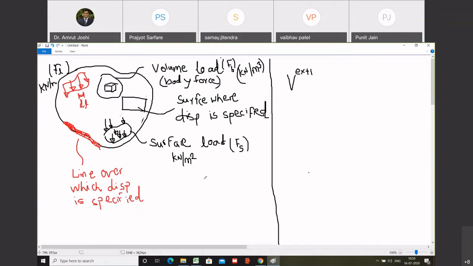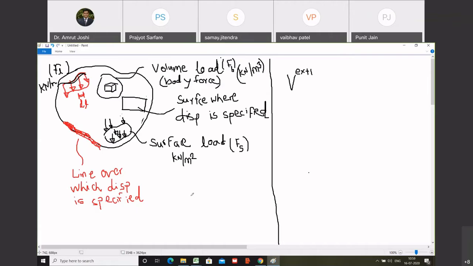Now quickly, if I want to convert these loads into forces, what should I do? If I want to convert the line load into force, what do we have to do? We have to multiply that Fl by the total length. Then that will be the force. Do you agree with me? Yes, sir. But tell me one thing: is it mandatory that the intensity of Fl should be the same throughout these points? No, it can change.